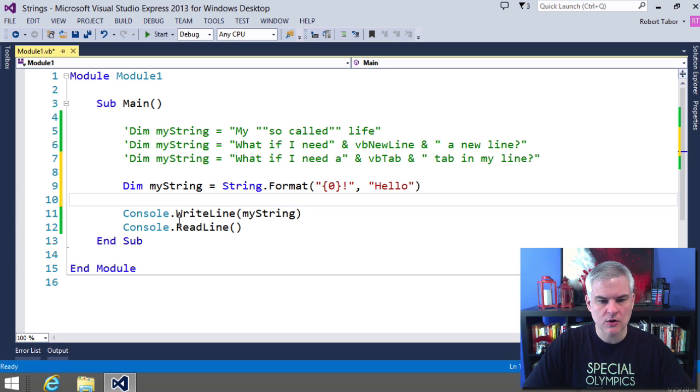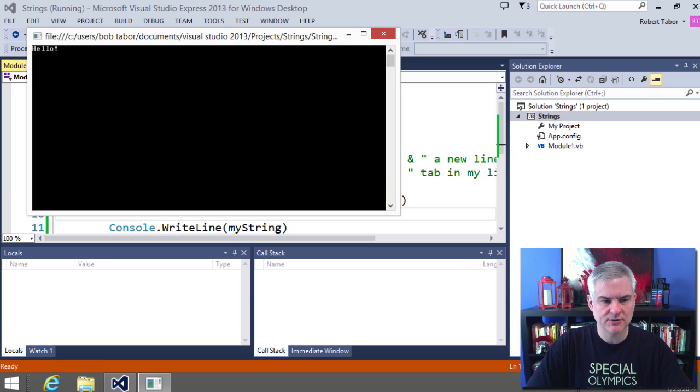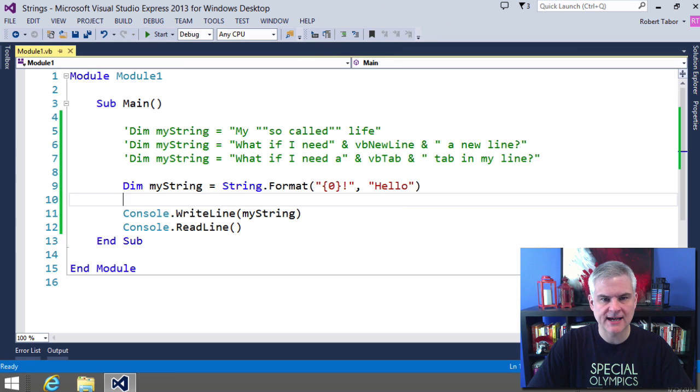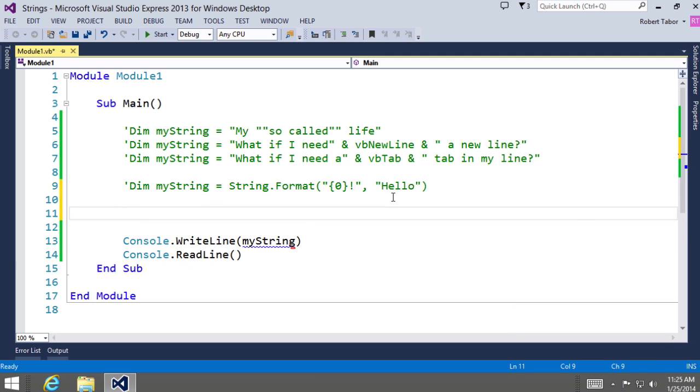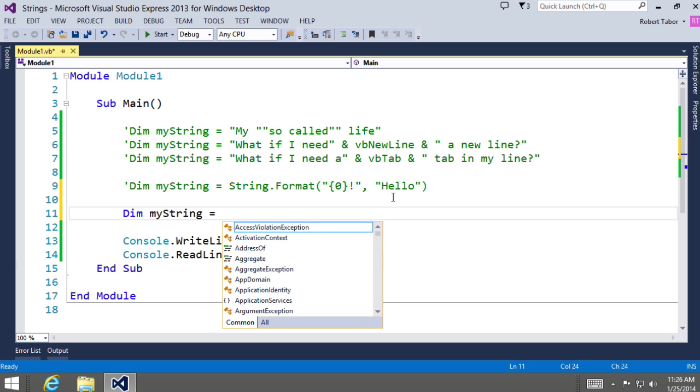So we know what this will produce if we run our application. We are familiar enough with that. But what you may not realize is the extent to which you can go with this. Let me demonstrate one other example here. We saw something like this before, but for the sake of building on this idea,